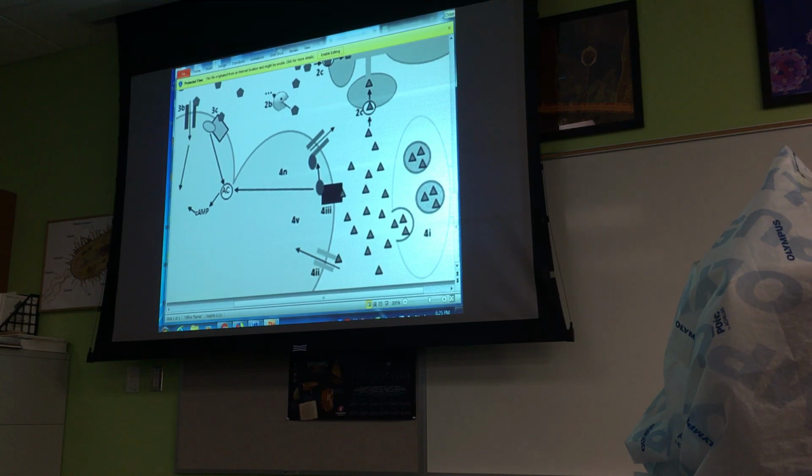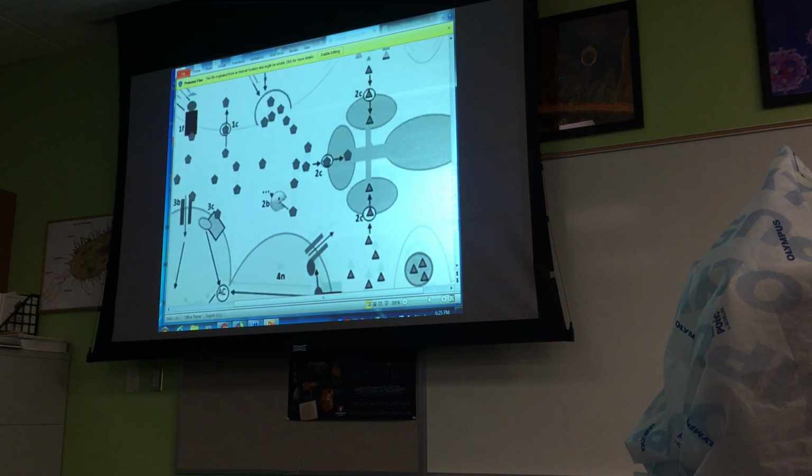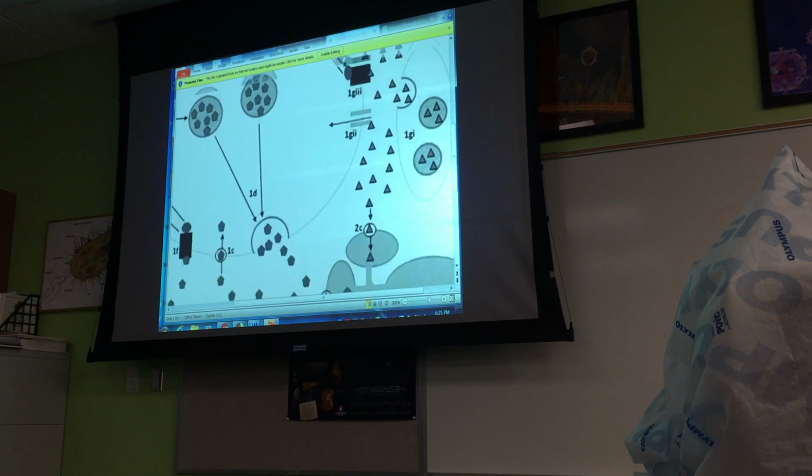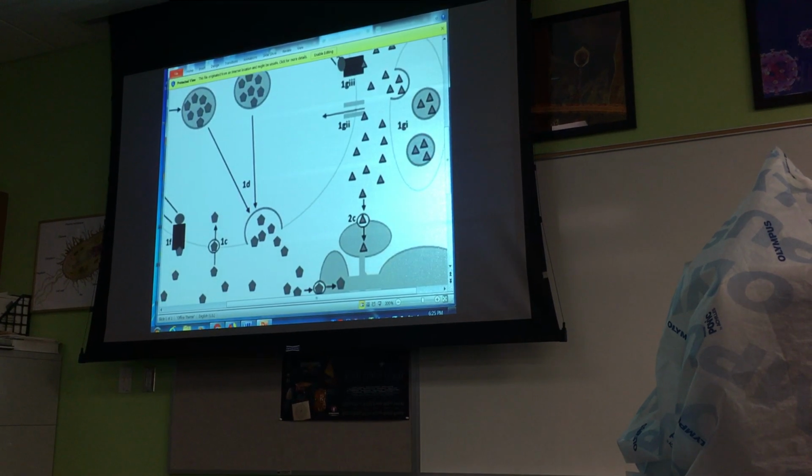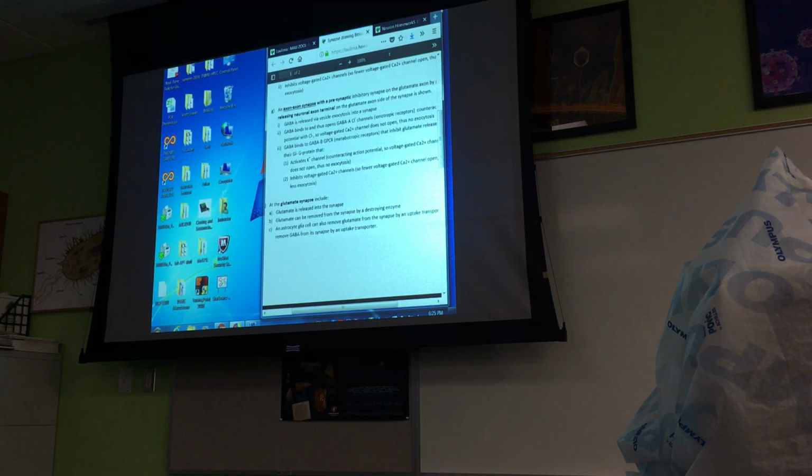So second messengers, is that the Gi and Gs, or is that the cyclic? Oh, cyclic AMP is the second messenger. It's the only one that we've mentioned. Calcium too, but yeah. The Gi and the Gs is not a second messenger, it's either the